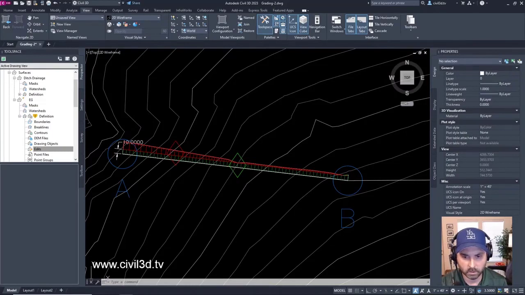Create benches with variable grades along slopes and down drains. I tried many times, but variable grades. Yeah, I apologize. I wish I could help you with that. Do you know how to edit slopes, right? I'm assuming you know how to edit slopes on feature lines. Okay, you know how to do that.